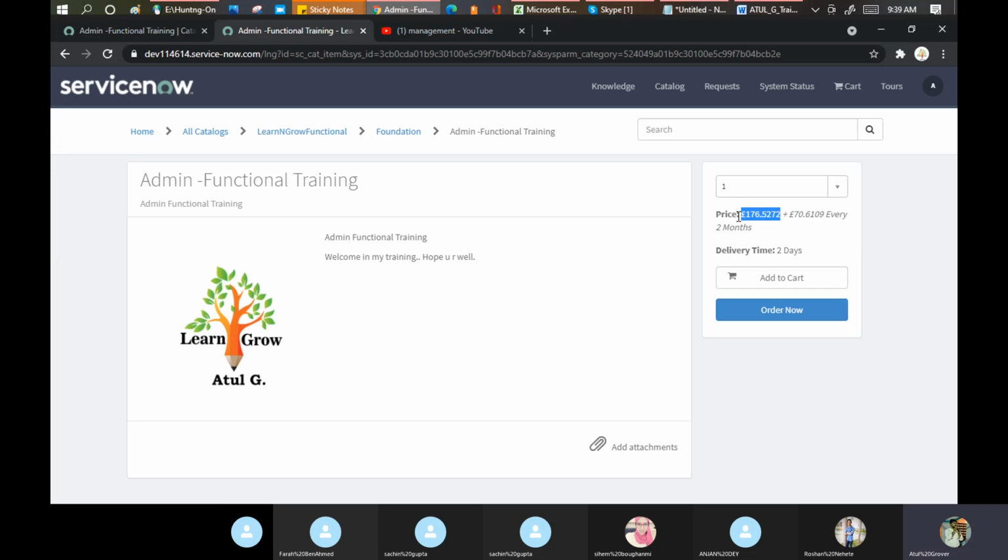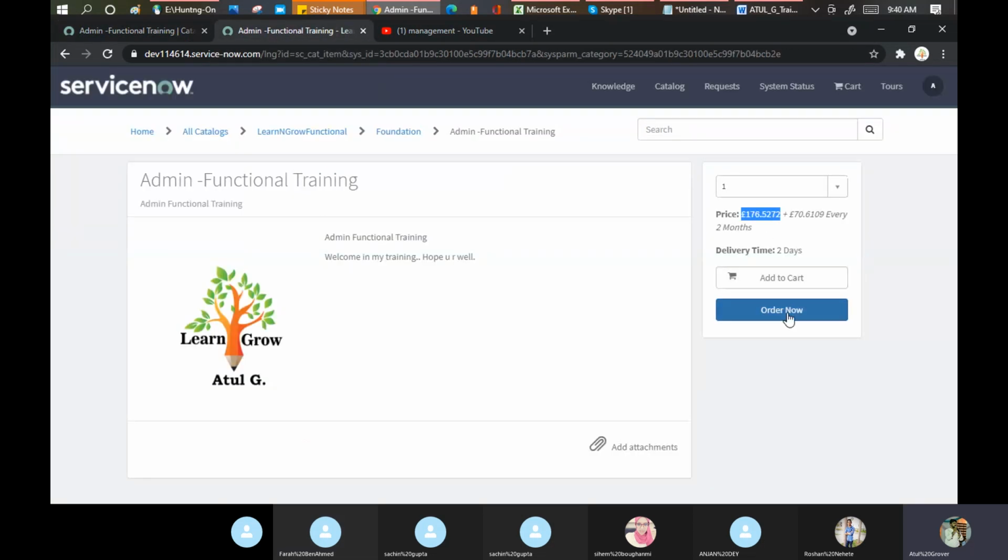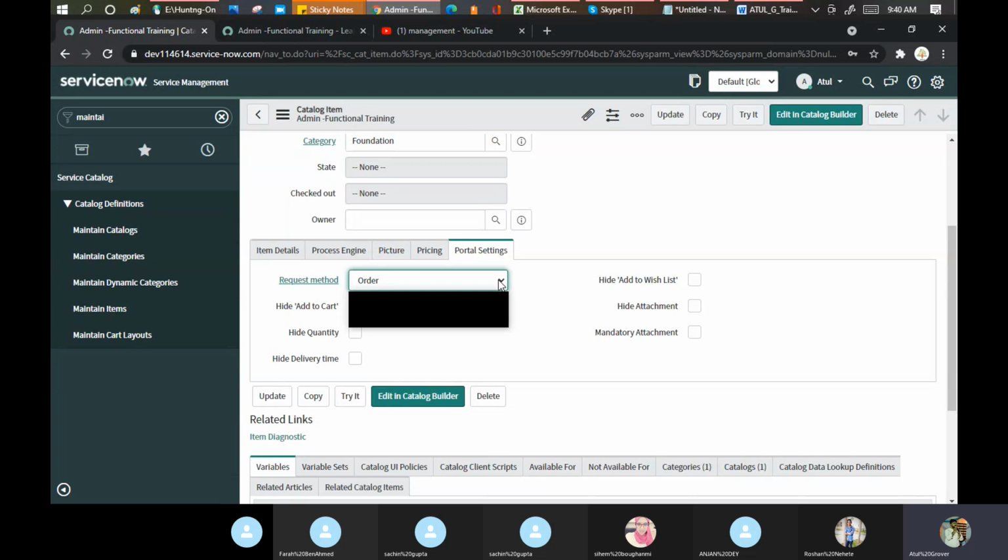Now, in the next step, what I want to show is that if you want to hide this, you hide this. If you want to change this, how you can do that. So go to the portal settings, request method, order. You are seeing order now. I want to change the order to submit.